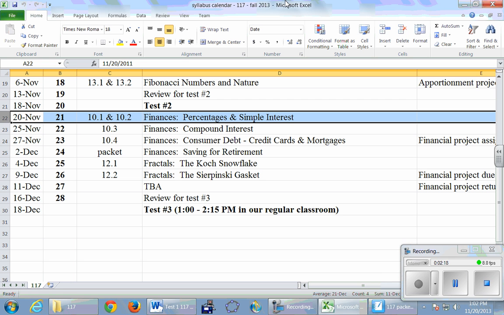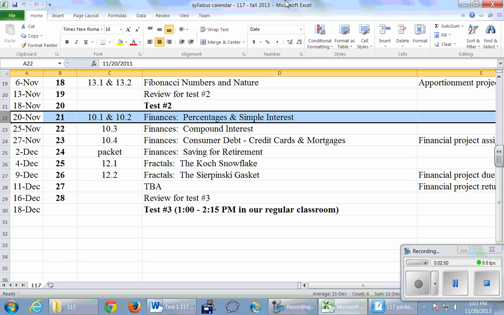All right, so our last major theme of the course is about finances. We have 4 different classes on finances, and then we'll spend the last 2 classes talking about fractals. You might have heard of these things. They're not related to finances, but those are our last 2 pieces of the class. And just in terms of finances, you can see we've got a lot of different stuff. Today it's percentages and simple interest. Next class, something called compound interest. Then we'll talk about debt, and we'll be specific and think about credit cards and mortgages. And then we'll also talk about saving for retirement and IRAs and all that stuff.